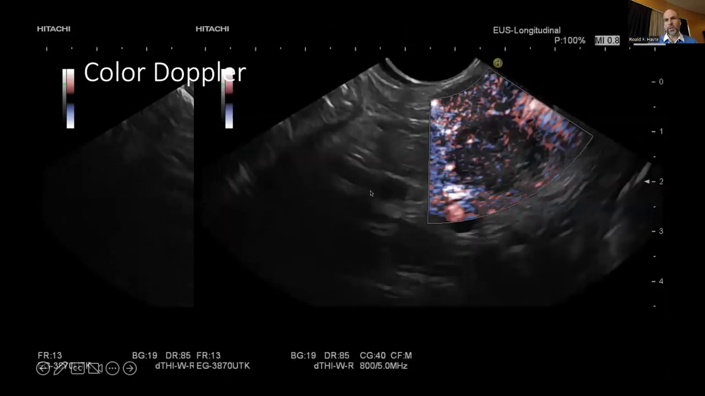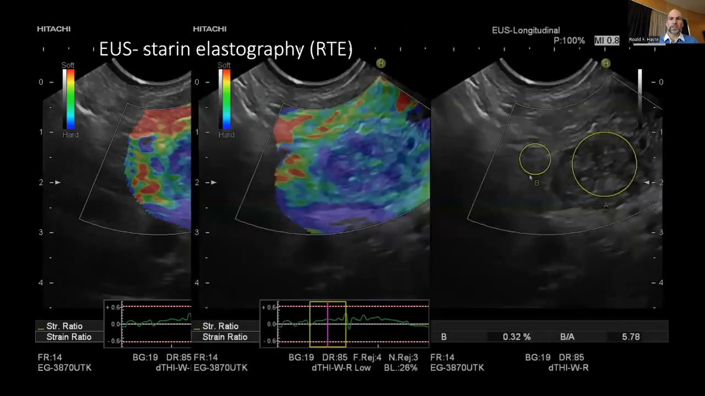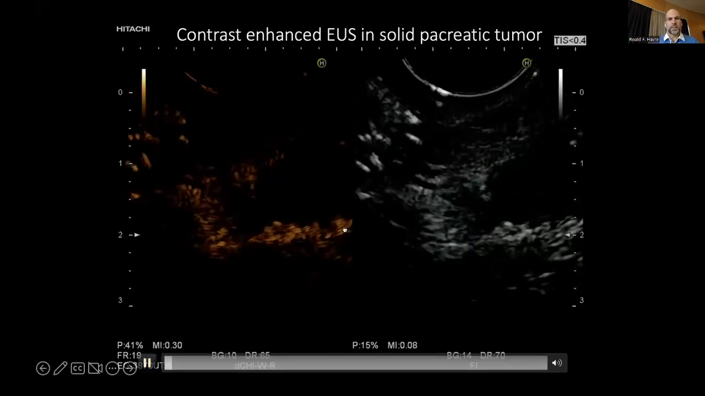And if we turn up the gain a little bit, maybe we have some artifacts, but this reinforces this impression that there are less vessels inside the tumor. We are also using elastography, and we get a clear impression here that this tumor is harder than the surrounding tissue. And we add up these different features of this tumor. And now we will start the contrast, and you will see as the contrast arrives, we see that in this